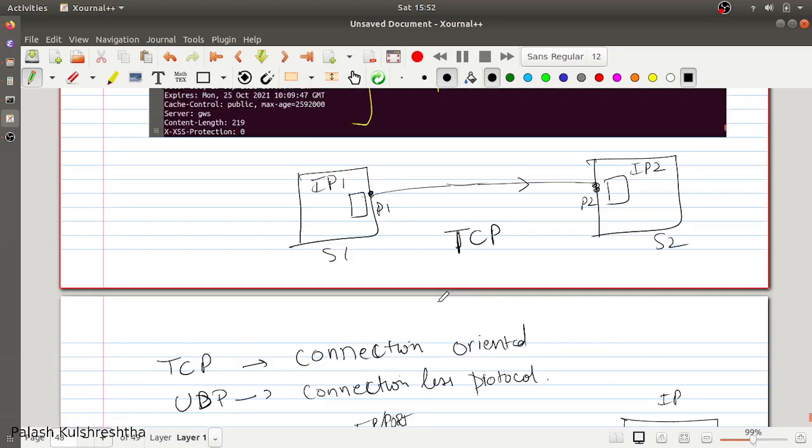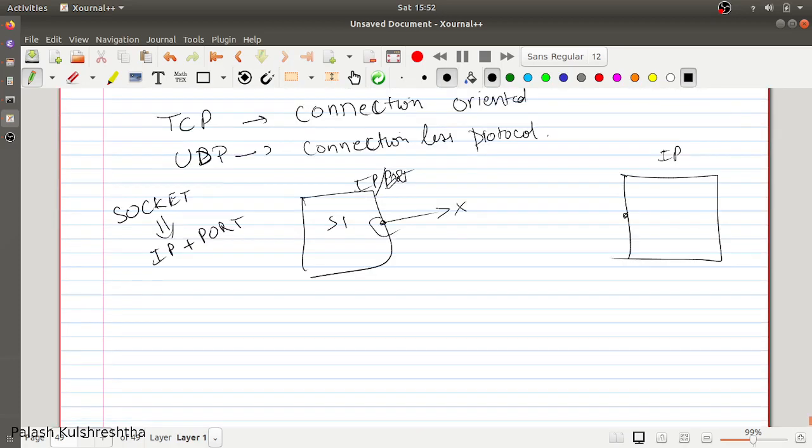In the case of TCP, once a packet was sent and this server received the packet, this server has to send an acknowledgement. This is called ACK, that packet 1 was received, and as soon as server 1 receives that, it knows that packet transmission was successful. It can send the second packet, or whatever process they are using to communicate between themselves. They are going to use those rules. But in this case, server 1 is just going to send the packet.